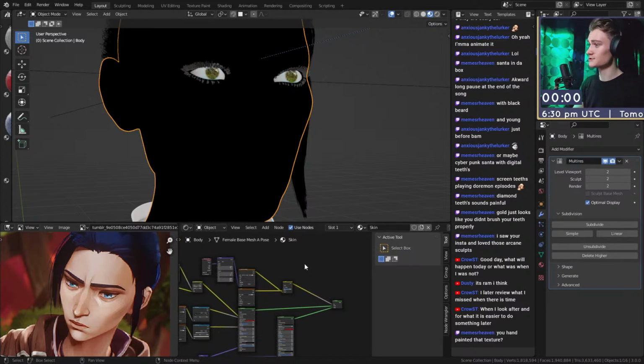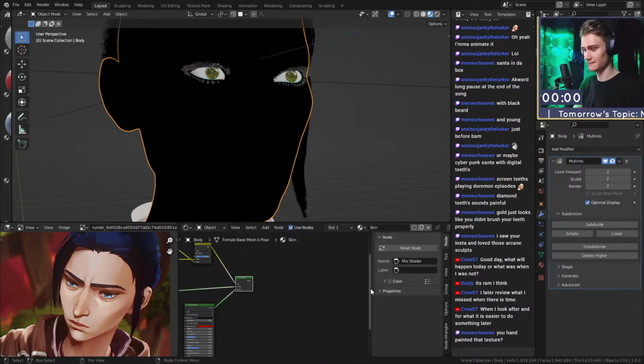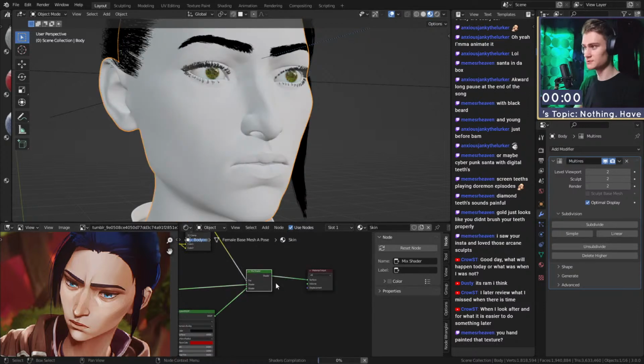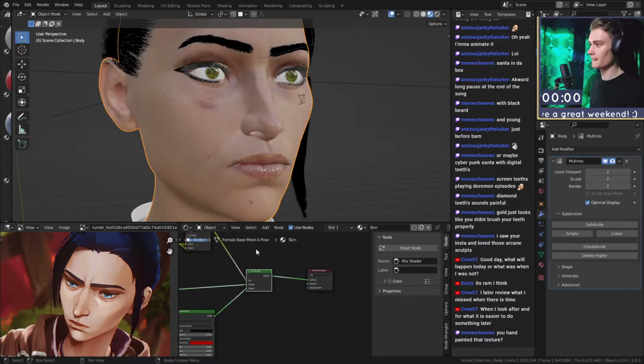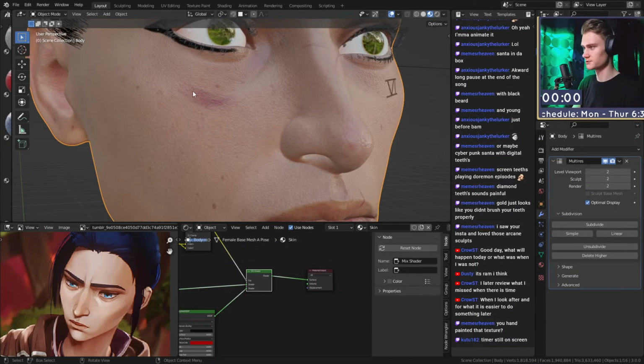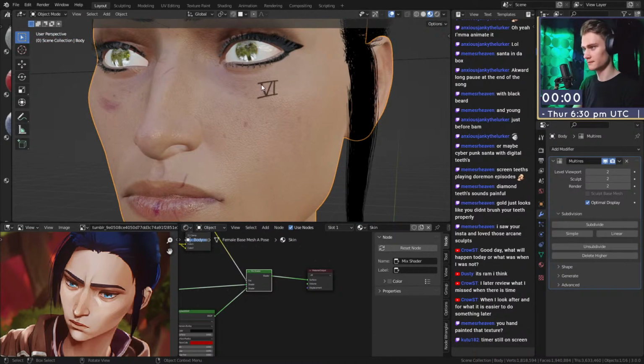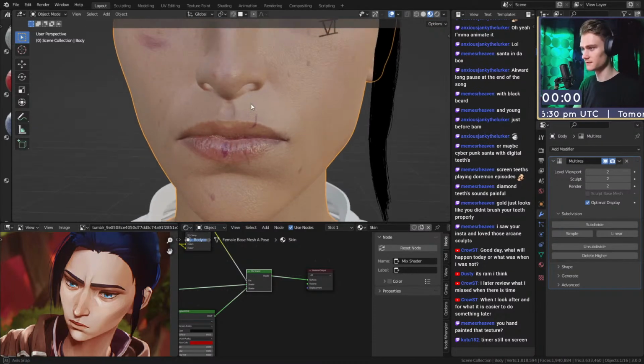You hand painted that texture? I haven't hand painted the dirt texture. I just used a ground texture and then changed the colors in a way where it looks more like dirt. The basic skin shader is a face scan texture. And then I added these scratches here. So this red thingy here, these lines, for example, the Vi tattoo, stuff like here,